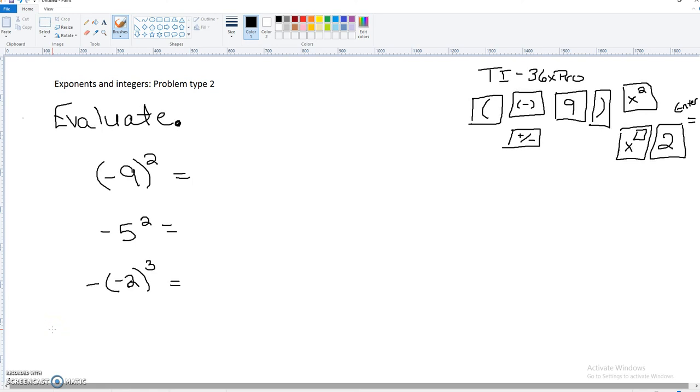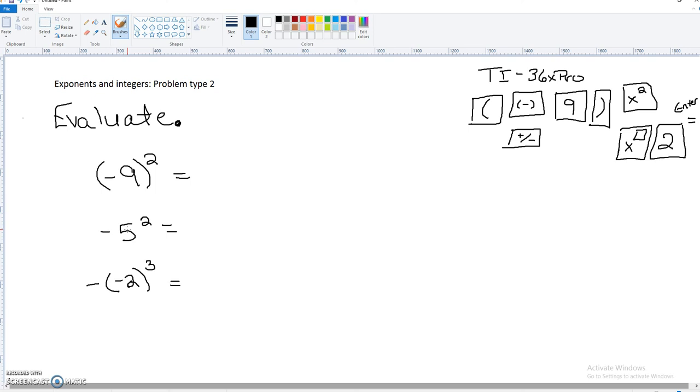Exponents and integers, problem type 2. In this particular topic, they're going to give you 2 questions per problem, if you will. Now, I've listed 3 examples, but in the topic, they'll only give you 2. I did want to cover all 3 because basically they're going to just jumble up these 3 different types with different numbers. So we're going to go over how to solve this